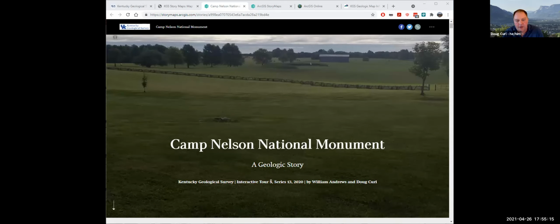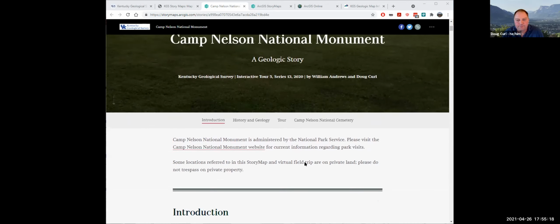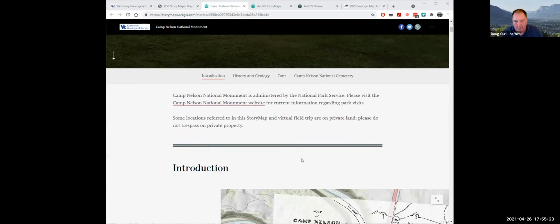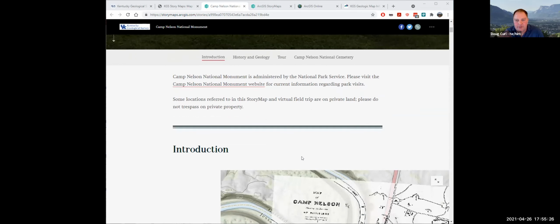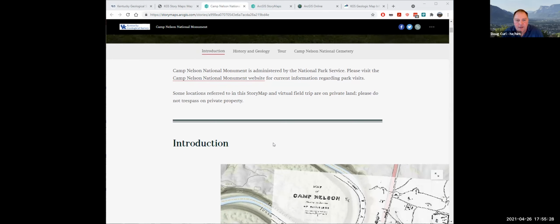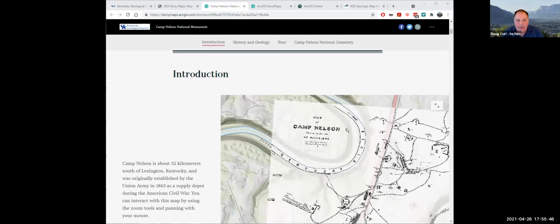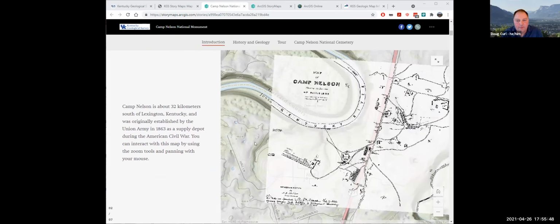And so you see it's our interactive tour number 5. Just to go through this, it's administered by the Park Service, which is a really great designation for this location. The concept is we give an introduction about it, and then a bit of history, and then geologic information about Camp Nelson and why it's there. And then we dive into a tour at the end. But just to go over the story map a little bit in detail,